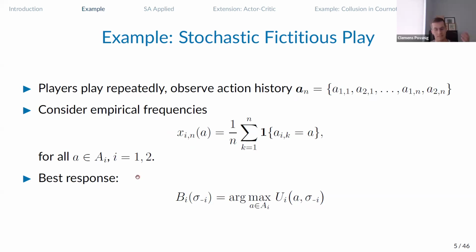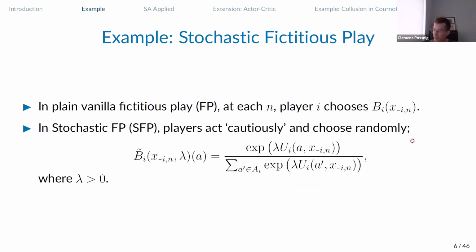And in general, for any mixed strategy, I'm going to call a best response function for player I the set of argmaxes of their expected utility function given a mixed strategy sigma minus I. All right. So for anybody who's been around in our first talk, we talked about plain vanilla fictitious play: every period players choose according to their best response based on their opponent's empirical frequency of play. Interpreting, if you want, the empirical frequency of play as a predictor of their opponent's next period behavior.